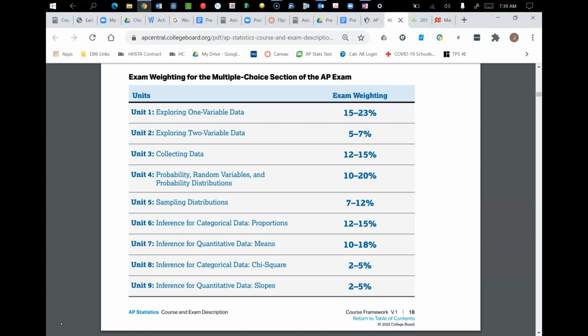These units are created by the College Board. They don't necessarily correspond to the chapter numbers in our textbook. For example, Unit 3 is on collecting data. That corresponds to Chapter 4 of our textbook, and even though that shows up as the 3rd unit for the College Board, we're going to start with it because basically what we are going to talk about in this course